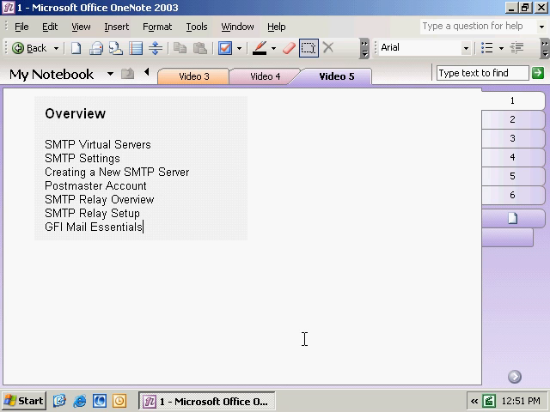From there, we're going to go into the Postmaster account. So we're going to finalize those settings so we have an official Postmaster account set up. And then we're going to get into a new subject related to SMTP, and that's an SMTP relay server. So we're going to take a look at how to set this up, why you would use one in your organization,